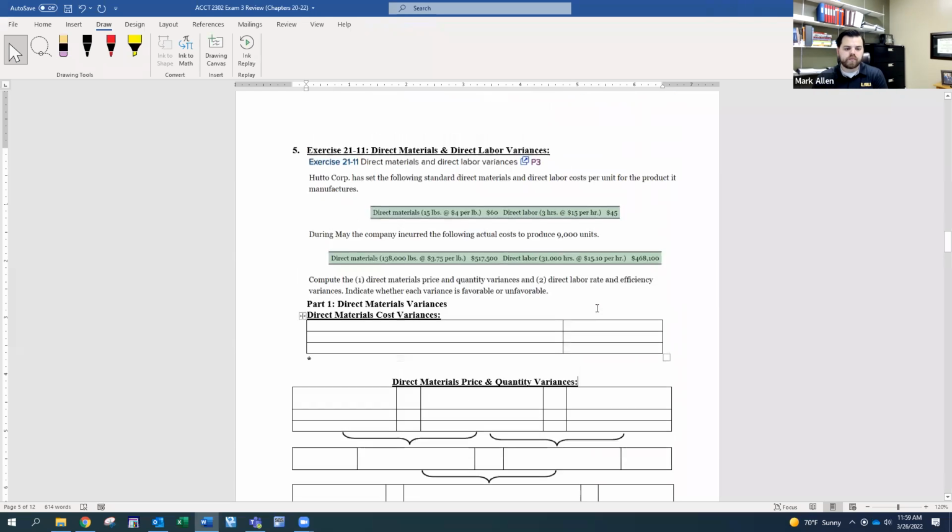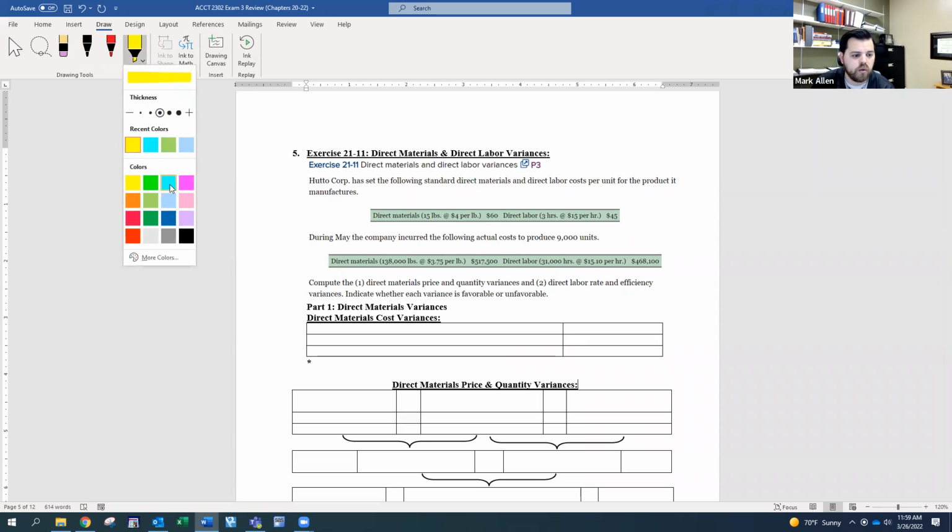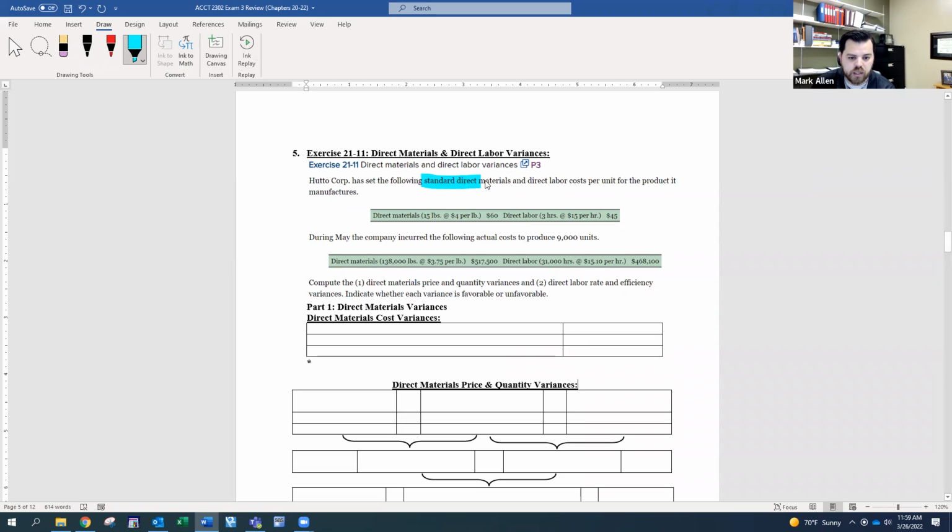So here we go. Hutto Corporation has set the following standard direct materials and labor costs per unit for the product it manufactures. We've got our direct materials information here, 15 pounds at $4 a pound. Our direct labor information, 3 hours at $15 per hour. And of course, this is my standard information. I'm going to do this in blue because I like the idea of blue being budget. So this is basically what we're budgeting for during the month,